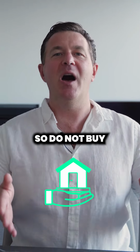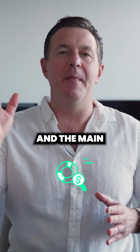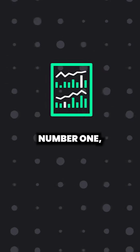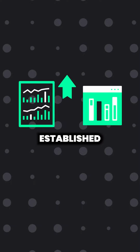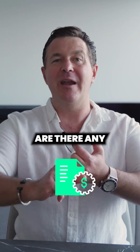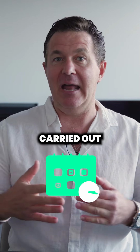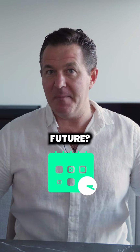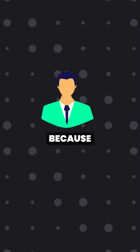So do not buy a strata property without doing a comprehensive strata report. And the main things you want to look at is, number one, are the levies likely to go up, or have they been established to go up? Number two is, are there any special levies for any major works that are actually going to be carried out in the immediate future? The other thing is how much money is sitting in the sinking fund, because you're actually buying